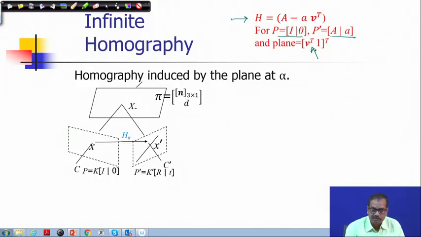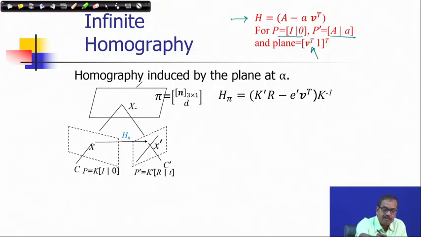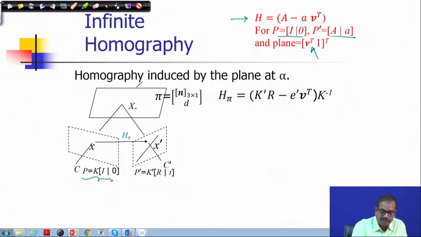In this case, of course, this is given in the form of N and D, so that we can relate it. If you just scale this normal vector by D, that is equal to V. So, let us see how this works. Now your plane induced homography, following this particular construct, could be written in this form. Here your projection matrices are given in this form. It is related with A, which is K prime R. So, this is A,